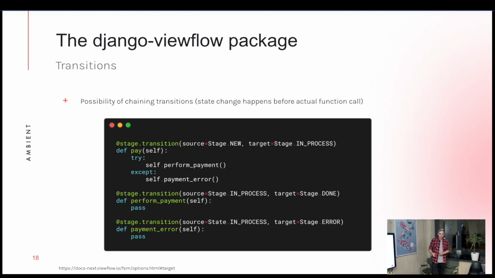Did you just say that if perform payment is executed, the transition happens before that, so the state would be done already, or if an exception is raised, the transition is already rolled back? Because if the state transition would happen before perform payment would be executed, it would be in the state done. And then exactly. If you handle the error, then the state change is rolled back. Okay. Exceptions are handled, and they will roll back the state change. Okay, so